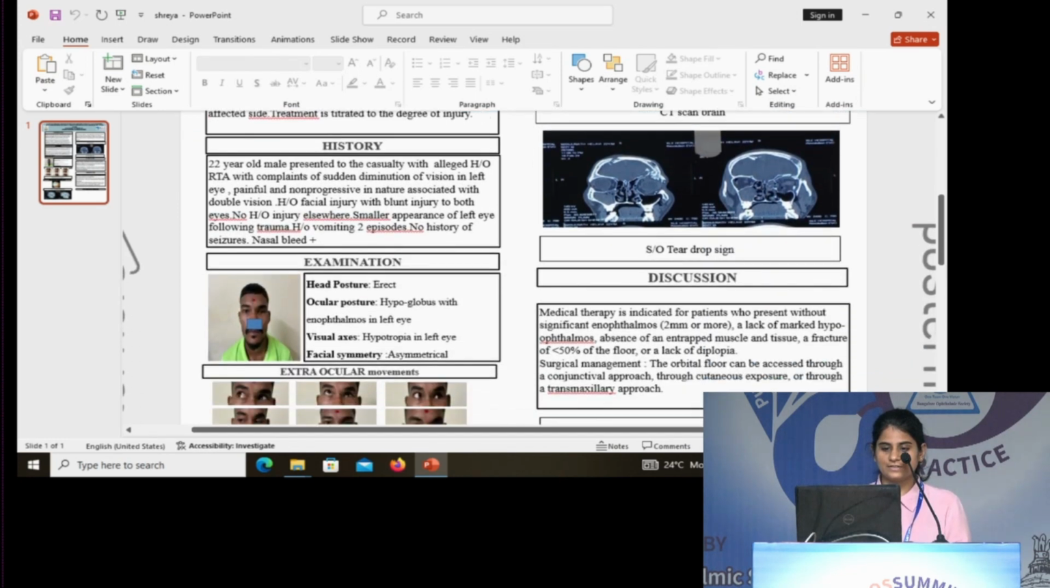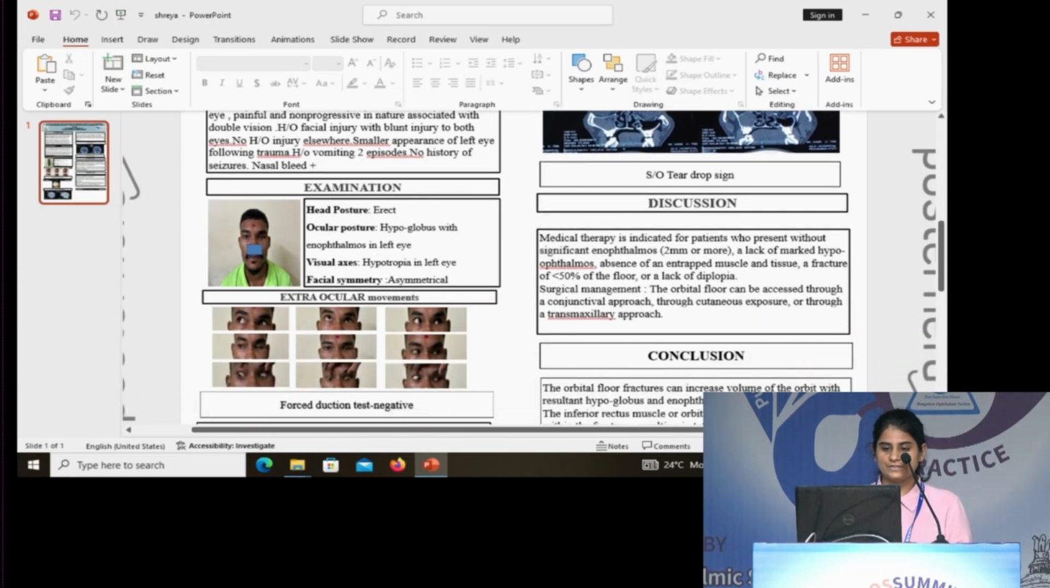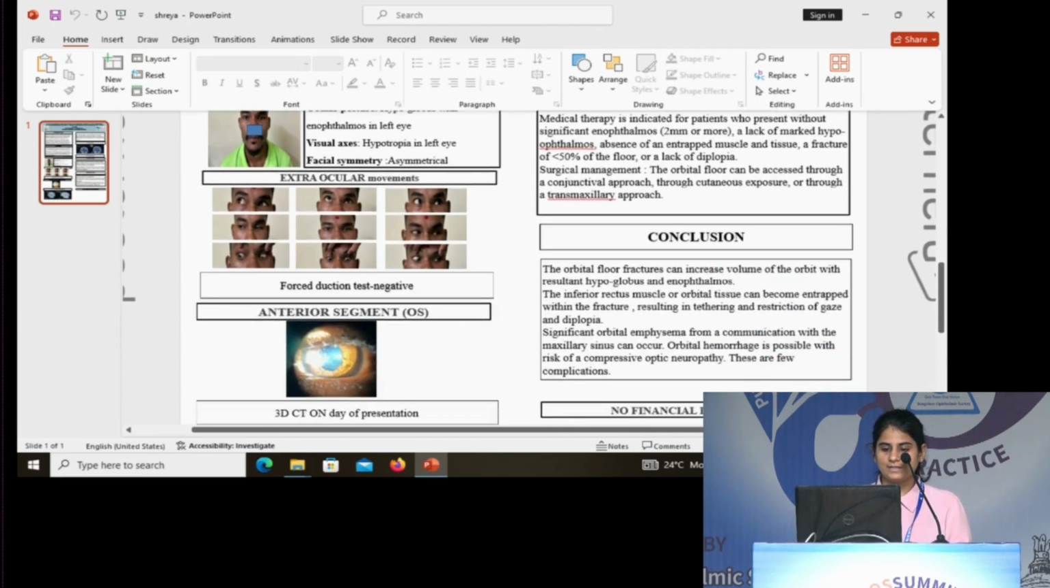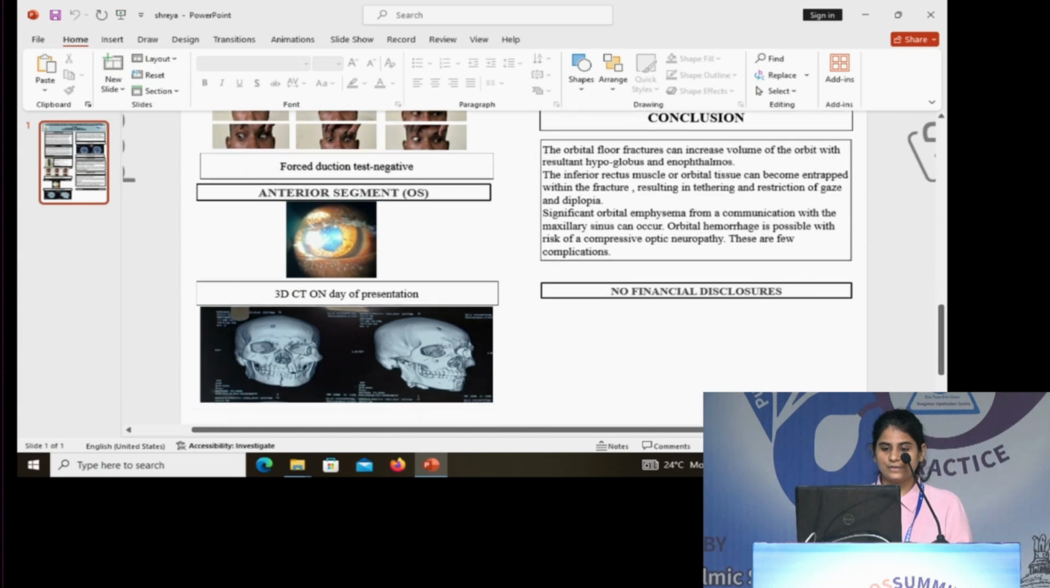On examination, head posture was erect. Ocular posture showed hypoglobus with enophthalmos in the left eye, with hypertropia in the left eye and an asymmetrical face. Extraocular movements were restricted in abduction and elevation in the left eye. Forced duction test was negative. On anterior segment examination, there was traumatic mydriasis in the left eye between 6 o'clock and 7 o'clock position. 3D CT on the day of presentation